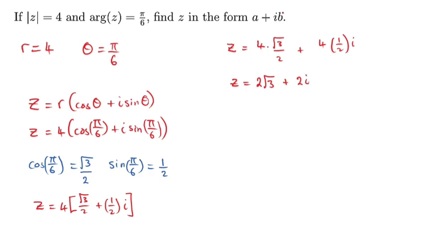So this is in the form a plus ib, where our a is 2 root 3 and our b is